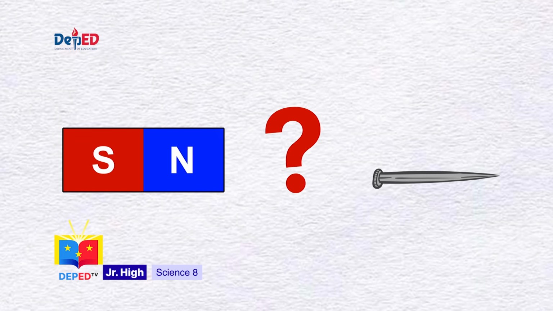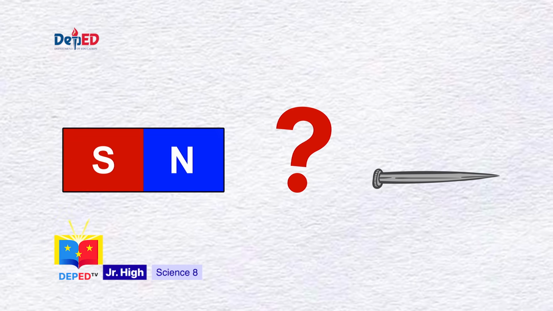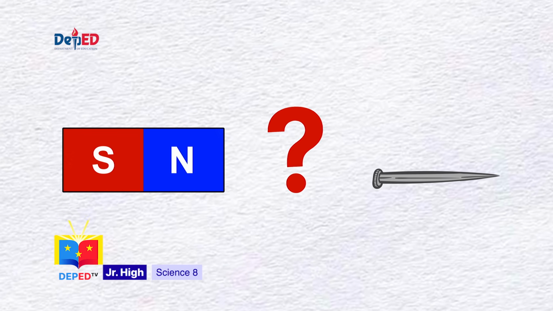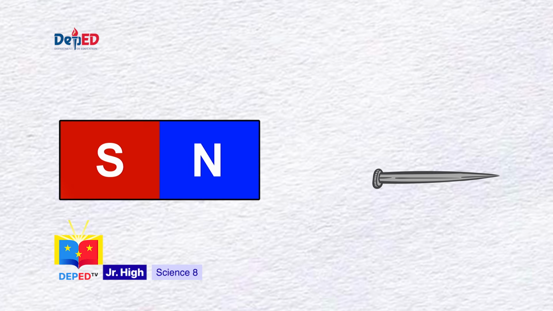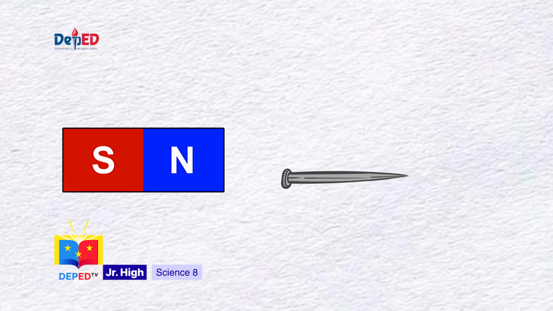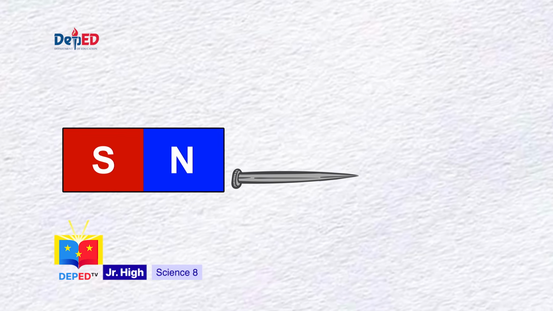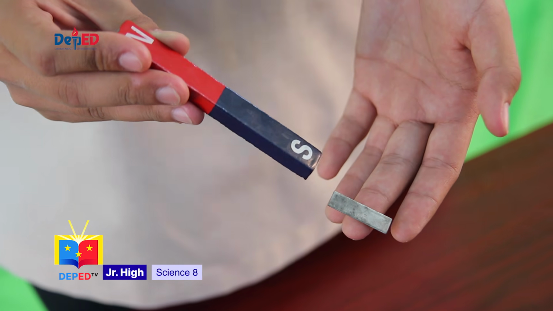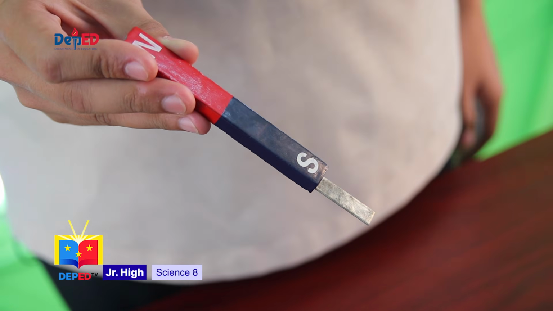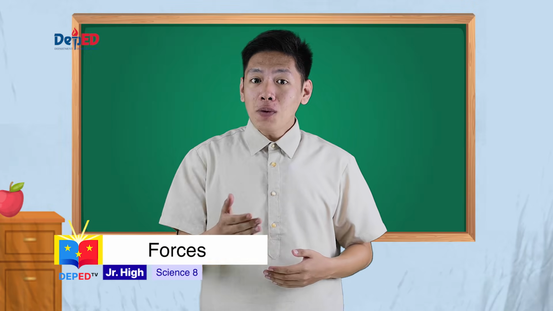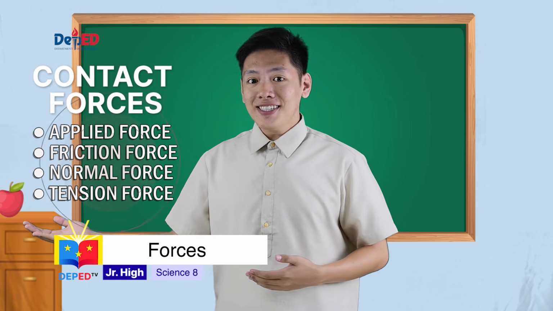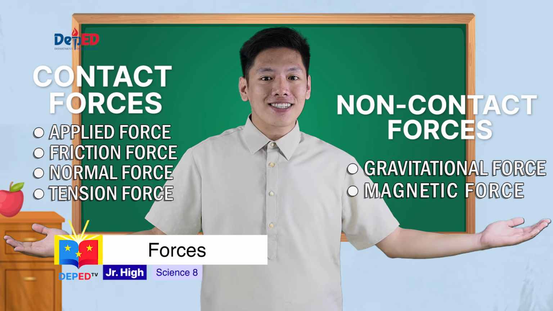You might be thinking why magnetic force is classified as a non-contact force because the magnets attract objects and eventually make contact with each other. The answer to that is magnets don't necessarily need to be in contact with other magnetic materials to make them move. The force that is being exerted in a field of attraction or repulsion moves a magnetic material without the magnet touching it. Those are the two types of forces and their examples: contact forces and non-contact forces.